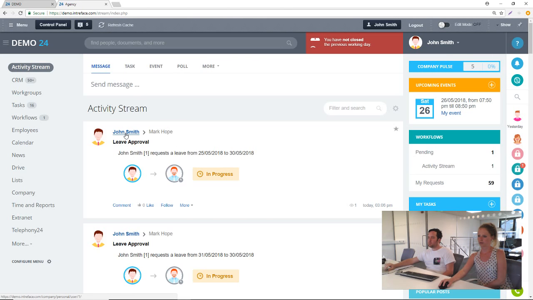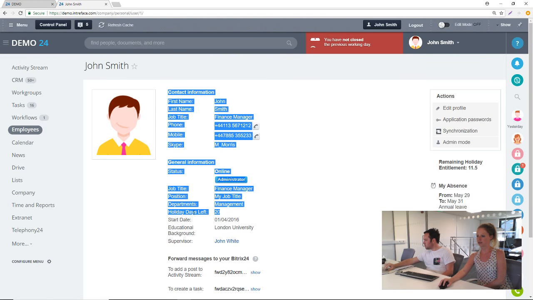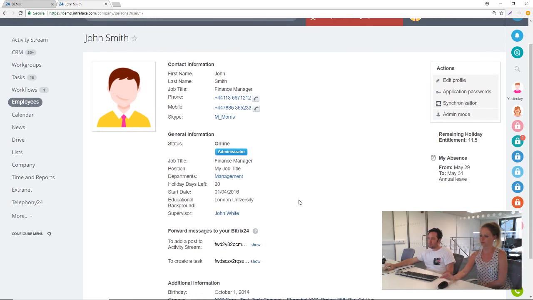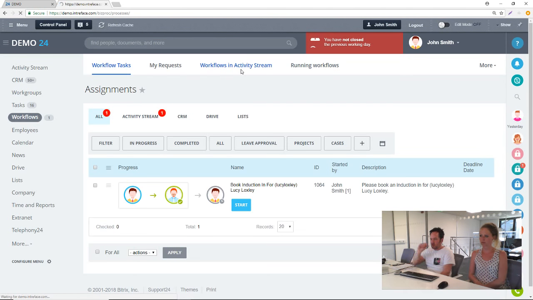Also, what will happen, if I just go into this person's profile, you can see here how many holiday days that they have left, and you can see how many they are entitled to. So that's one way of doing that. Okay, yeah, and with the process just behind that, so if we click on the workflows, clicking the workflows activity